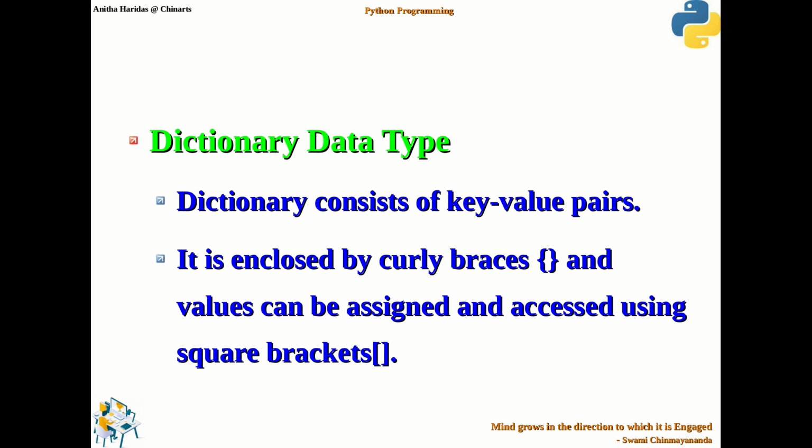It is actually enclosed by curly braces, and values can be assigned and accessed using the square brackets, for which we give the key information and we can retrieve the value of that particular key. So the point to be noted here is it is declared using curly braces and the values are generally assigned and accessed using the square brackets.